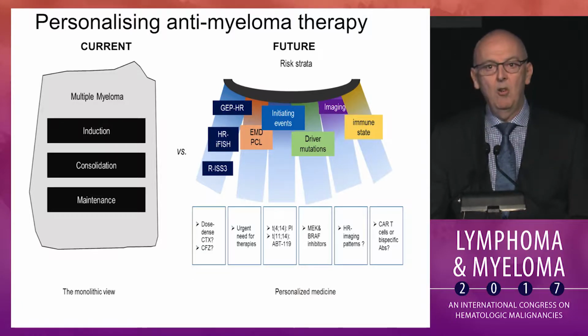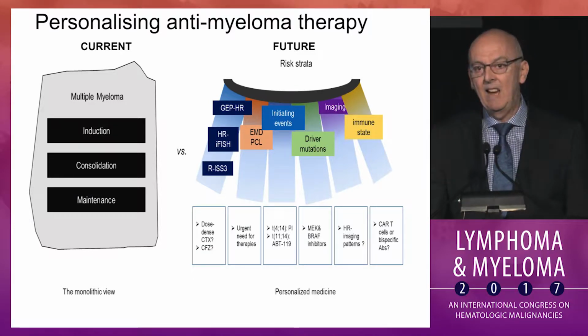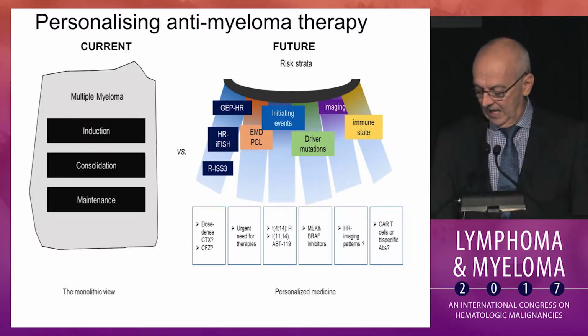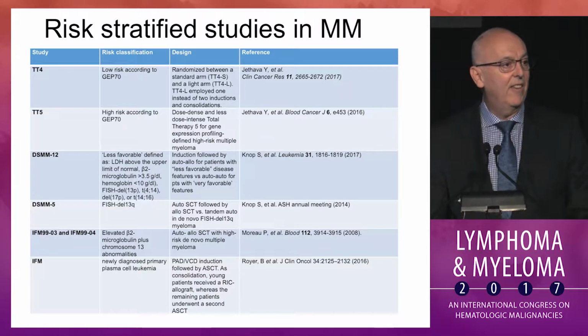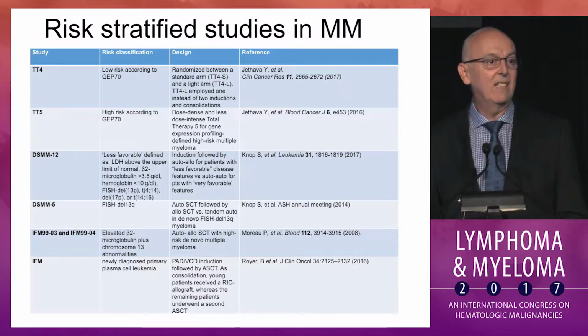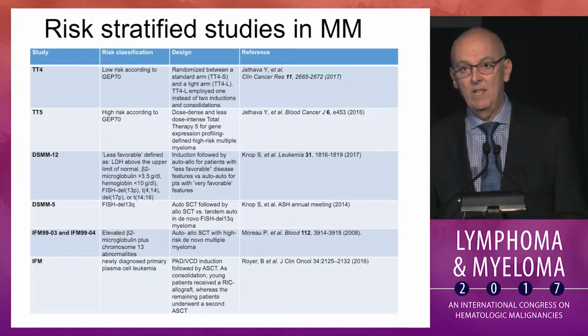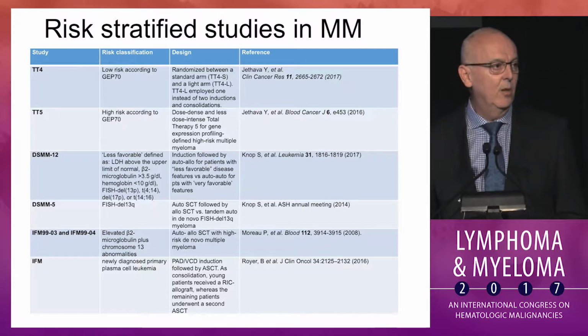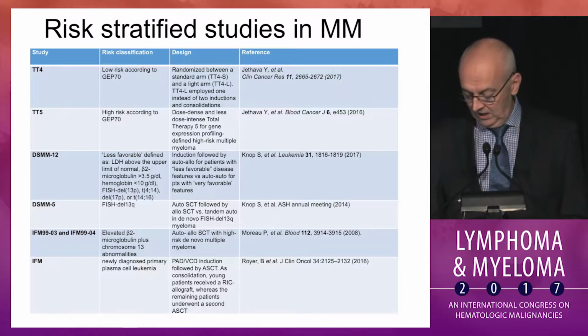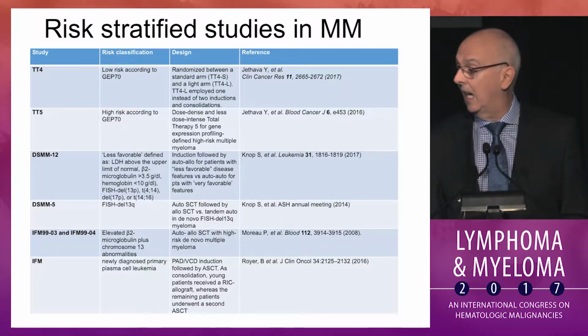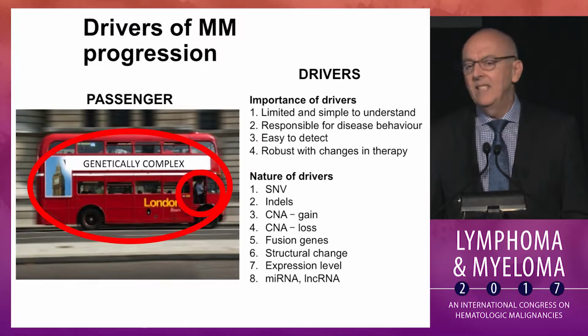There are biological factors now that work in subsets, such as venetoclax in the 11;14s. There is a history, I think, of doing risk-stratified studies, and these are the risk-stratified studies that have been done to date, but I think we need to get back into utilizing this information in the clinic. And so,